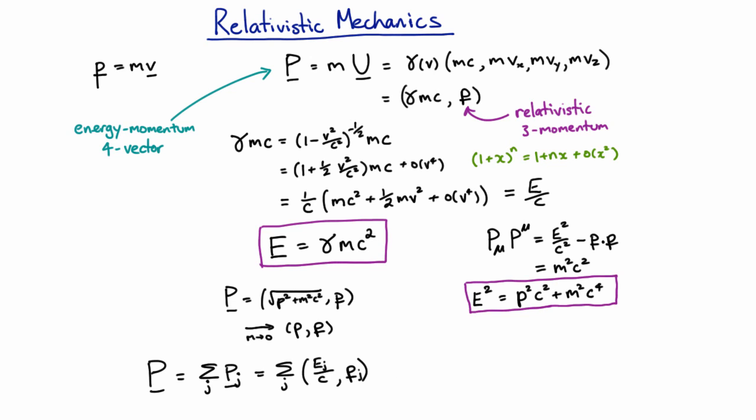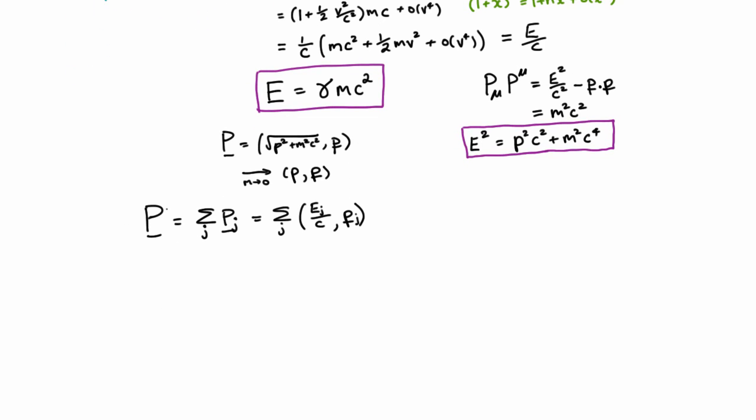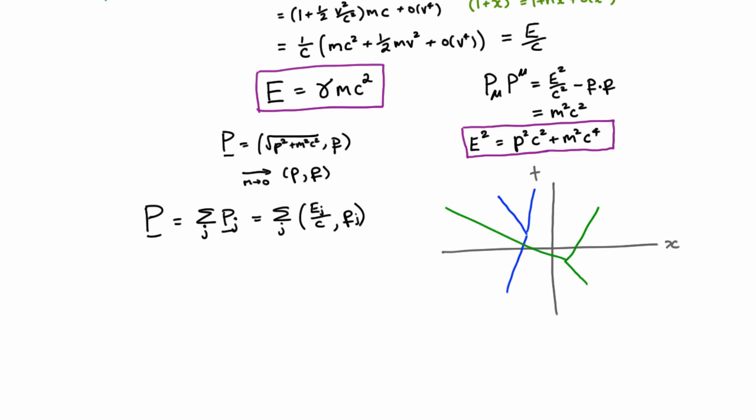If you're particularly astute, you might worry that if you have differing numbers of particles, if you have particles that are splitting up or joining together, then you might not actually know what to sum over. Here's a space-time diagram, and supposing we have a particle zipping along and it breaks into 2 particles. That probably doesn't conserve momentum as drawn, but you can see what I mean. If you have lots of these things happening, then if you want to know what 4-momentum to add up, of course you have to know at what time you can add them up. And you might say, hey, I'm going to add them up at this time here,